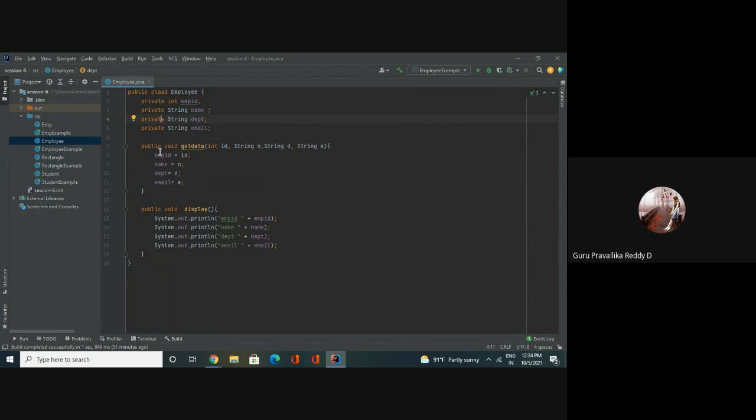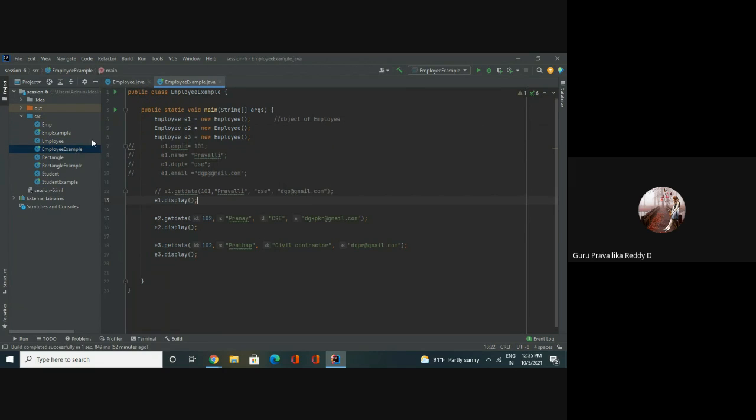The functions will be placed in public: public void getData(int id, String n, String d, String e) for id, name, department, email. So for the Employee example, we can write this here itself for clear